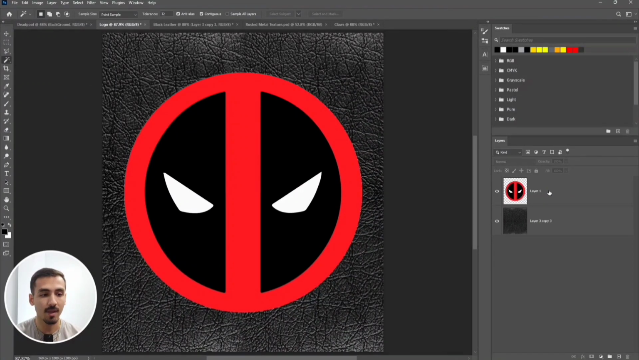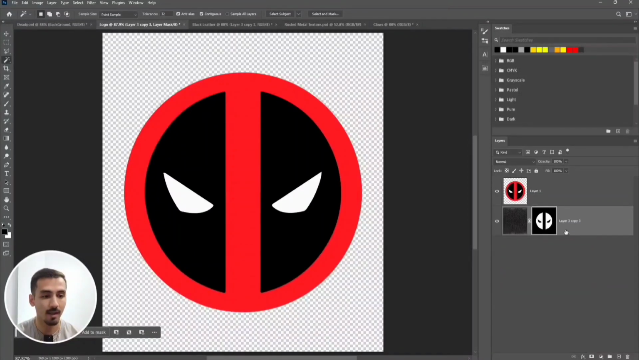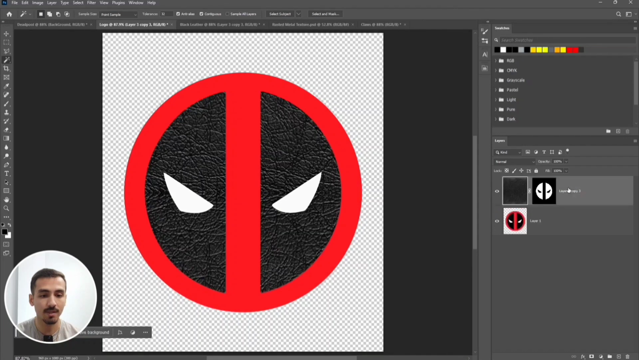After that, make a selection of your layer and click on black areas. For clicking another area, hold shift and click. Now the both areas are selected. After that, make your black leather texture selected and click on this icon, and now you've just created this layer